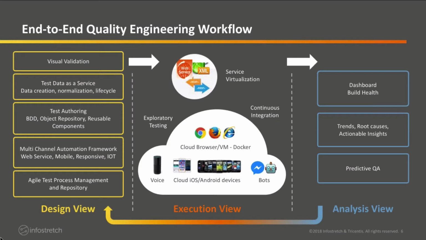For example, right from the test process all the way to the visual validation that you want to do for your application, because there are applications having all kinds of testing interfaces. You want to make sure that during the design itself, each of the interfaces is taken into consideration and you are able to test it. The important aspect here is that you want to start your testing very early in the cycle, test at the code level as much as possible, and minimize your validation at the end-to-end cycle.